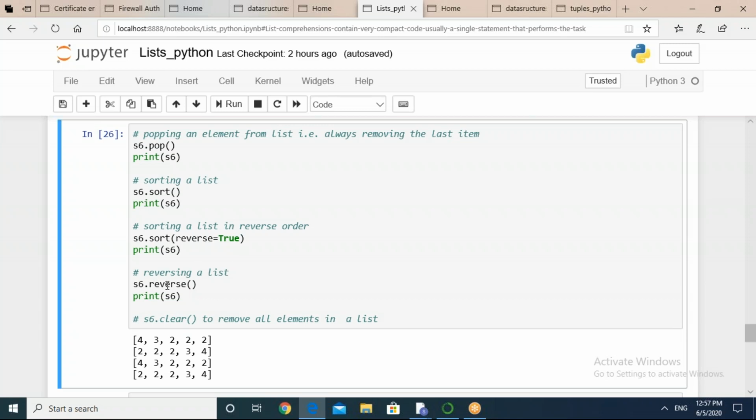So in order to reverse, you just need to use this method available with the list, S6, the name of the list, dot reverse. Your list will be automatically reversed and you can see the output in the last line. My list is right now 43222 and the reverse of this is 22234. So simple. I hope these functions are clear to all of you.